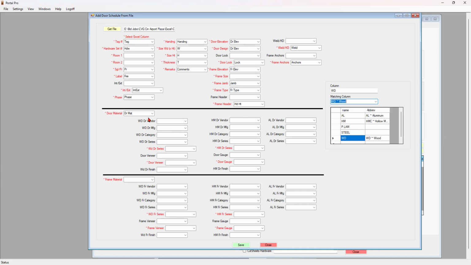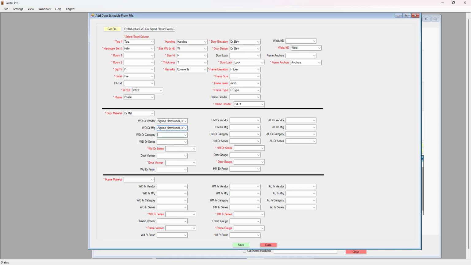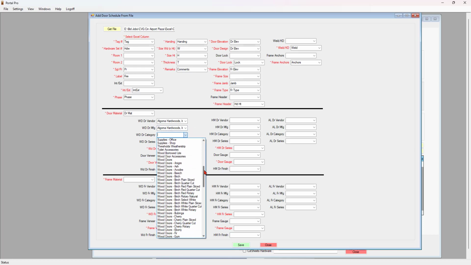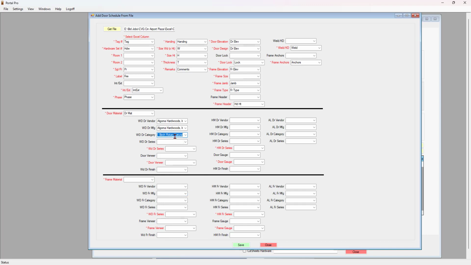So now that I have the door material, I can set up the wood and hollow metal vendors and manufacturers. So this one will be, let's say, Algoma. The wood door category, let's make these all, let's say, birch, rotary, natural. Because I know I have those doors in my database. And in the wood door series, if they're all the same, you could just pick